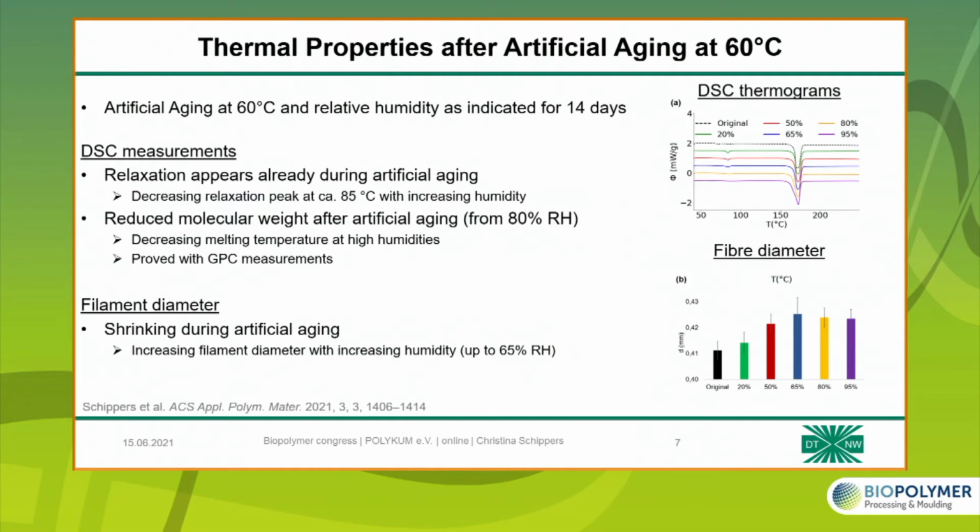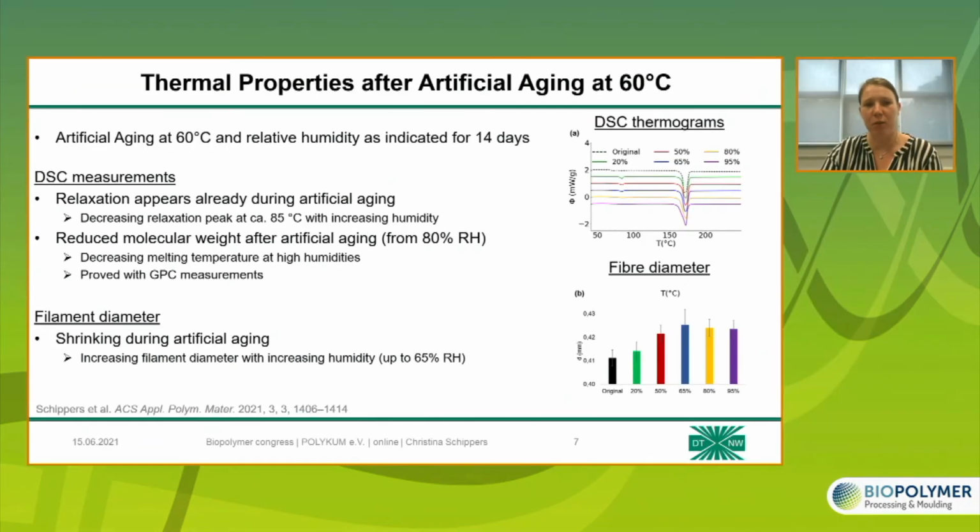We see standard deviations. However, you can see a trend. First of all, the polymer or the fiber shrinks up to 65% RH, and up to 80% it is relatively constant. So there is no change. This is the limit we also observed between 65 and 80%. Something happened, so we say up to 60%, 65% stable material can be used under these conditions, and starting at 80, it is degraded. It's not hydrolysis resistant at this temperature